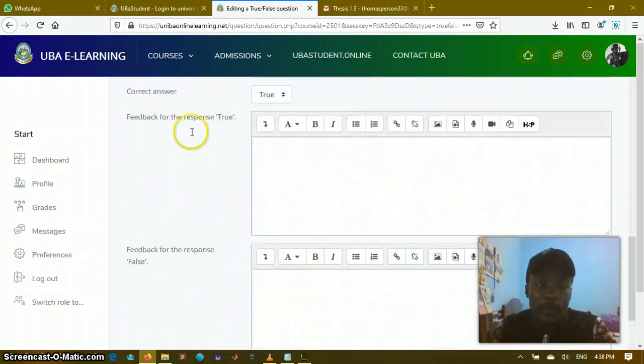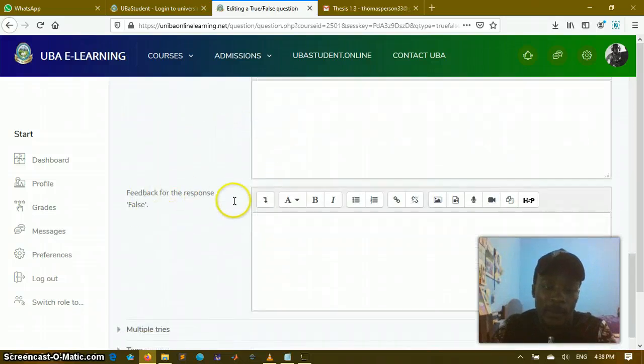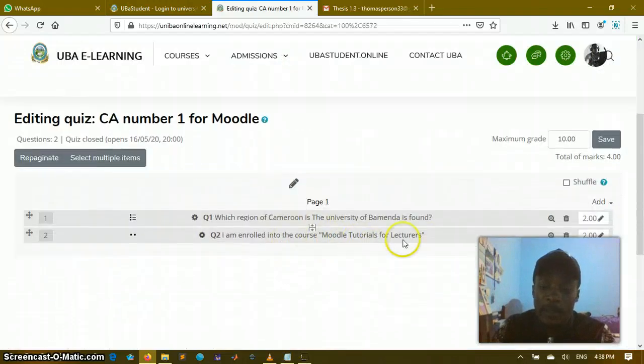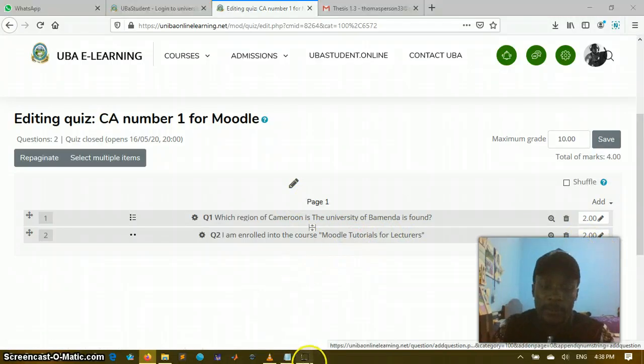Here you can set a feedback response for if a student takes true, and a feedback response for if a student takes false. I save my changes, and now I can see on my question page that the second question has been added, and both of them are going to appear on page 1, as you can see here. If I add the third question,